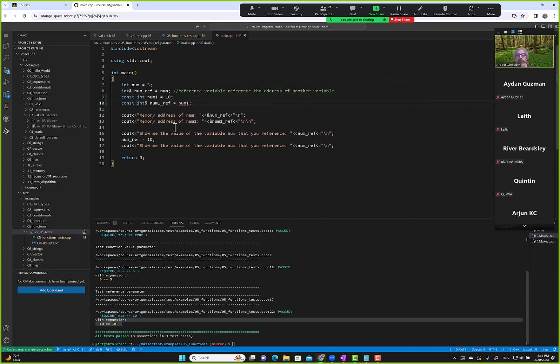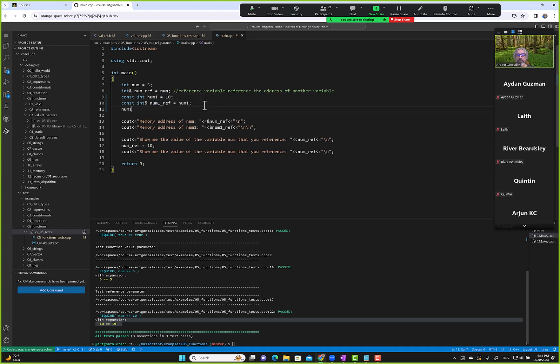So can we create a const variable, right? Now if we have a const variable, we can create a const reference, meaning now this guy's protected. We cannot change the value